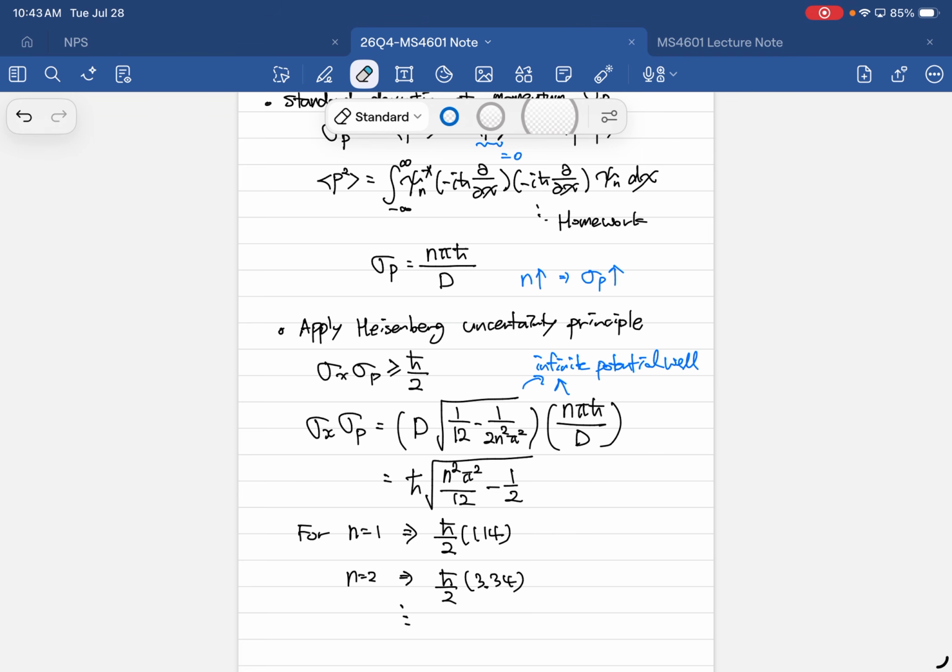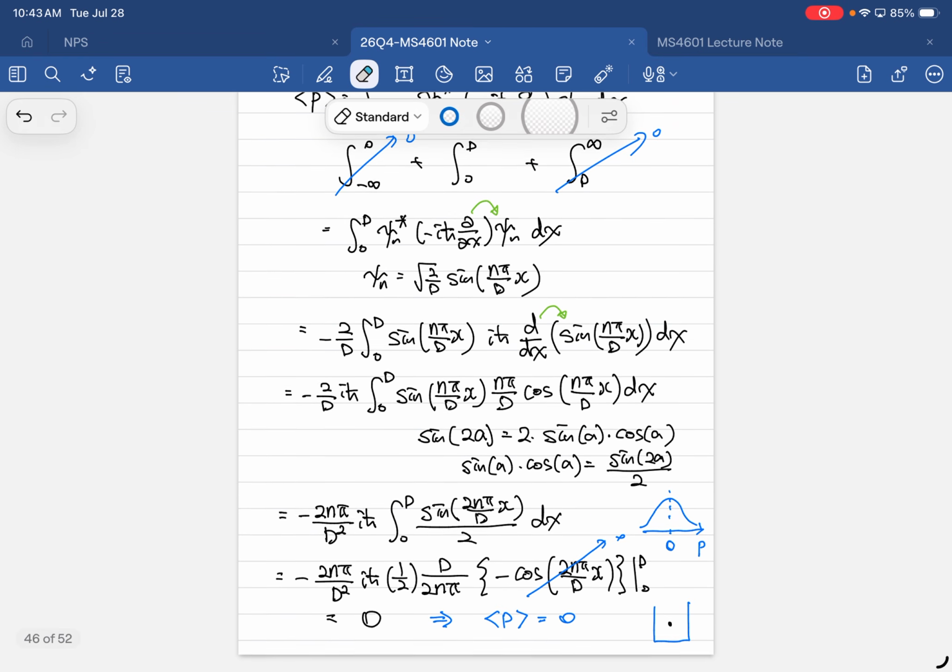So look at this one. The Heisenberg uncertainty principle still holds, right? Even when n is the smallest, it is still larger than h bar over 2. So what does it mean? For this infinite potential well case, if you really try to confine sigma x, sigma p is going to increase, right? So in this particular case, it actually tells us that,